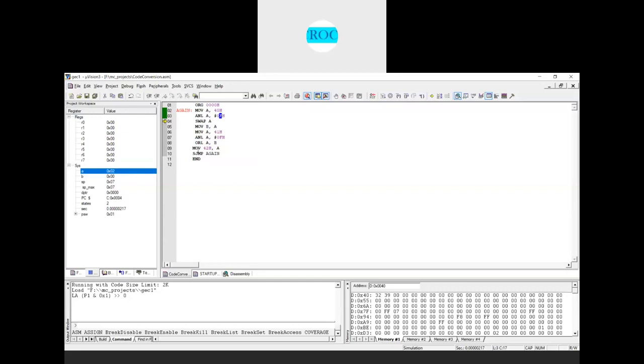Now I'll perform the swap operation. Before the swap instruction the accumulator was 02; after executing swap, the accumulator content is 20. Now this 20 I will move into register B, so B is having the content 20.